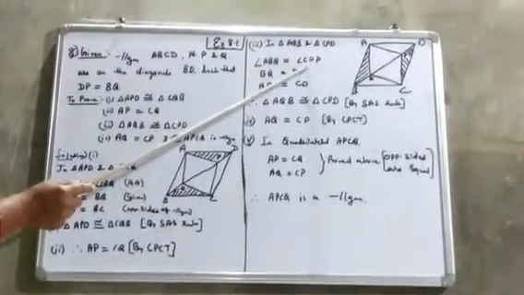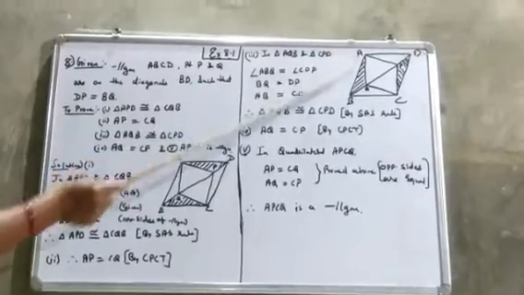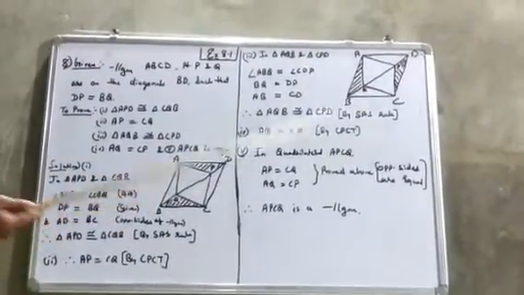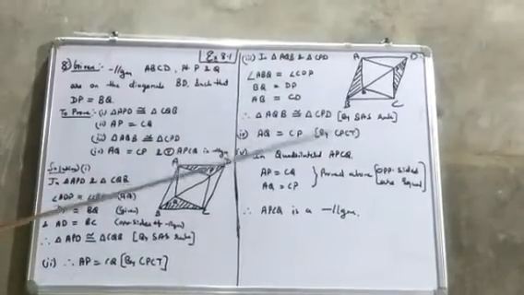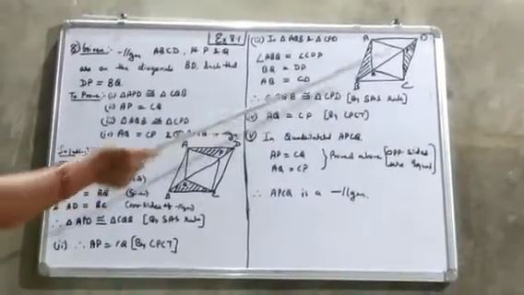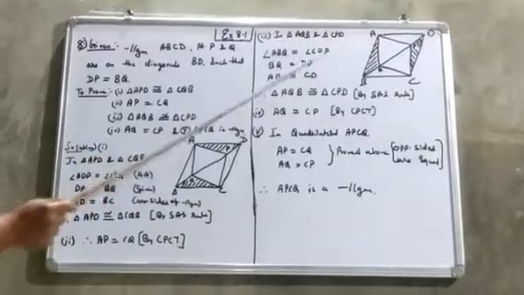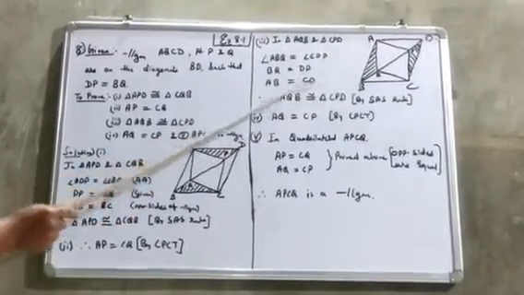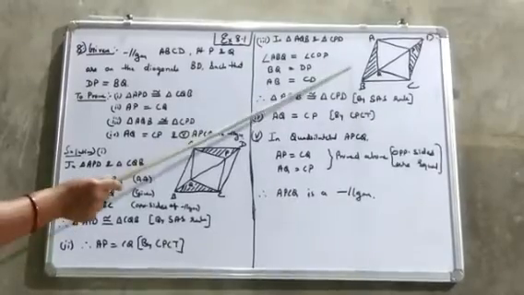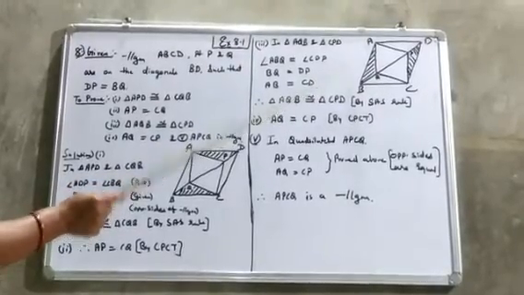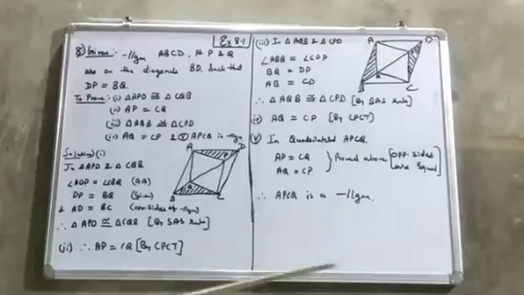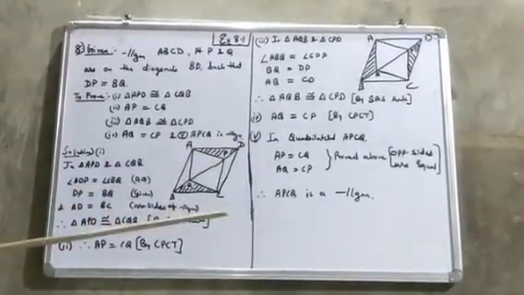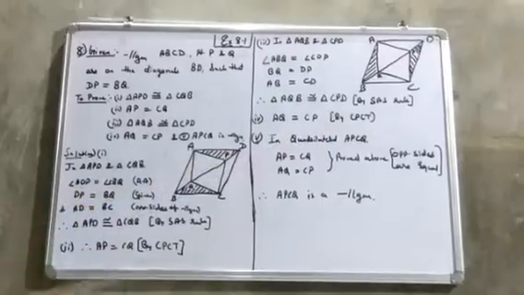Angle ABQ is equal to angle CDP. ABQ, this angle and this angle. Again, these 2 sides are parallel and we can take BD as a transversal, and these 2 will be alternate angles. BQ is equal to DP, which is given, and side AB of the parallelogram is equal to side CD. So again by SAS, the side angle side rule, both the triangles are congruent.